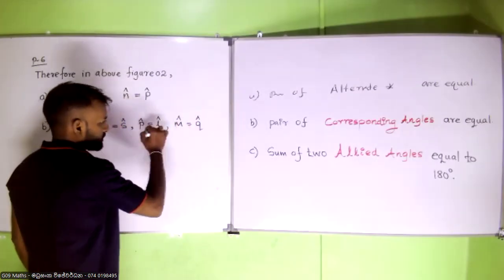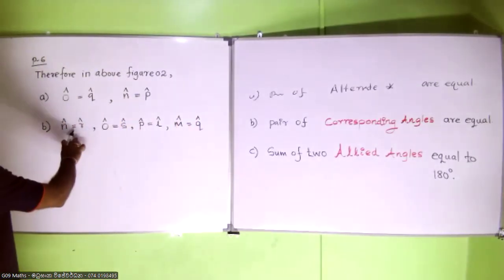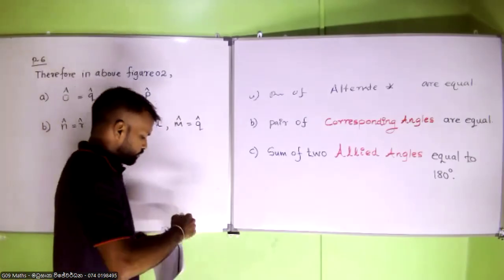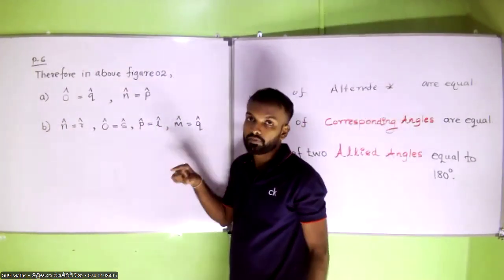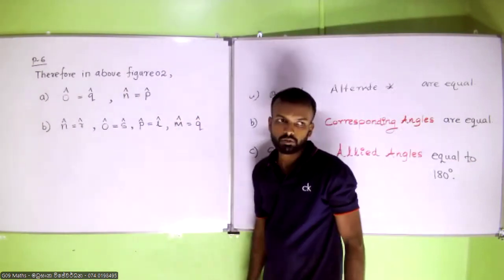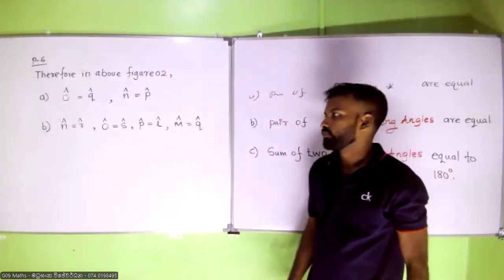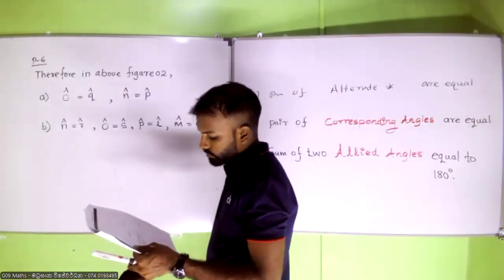So please write this. These are the 4 pairs of corresponding angles you can identify from figure 2, right? Okay. Then